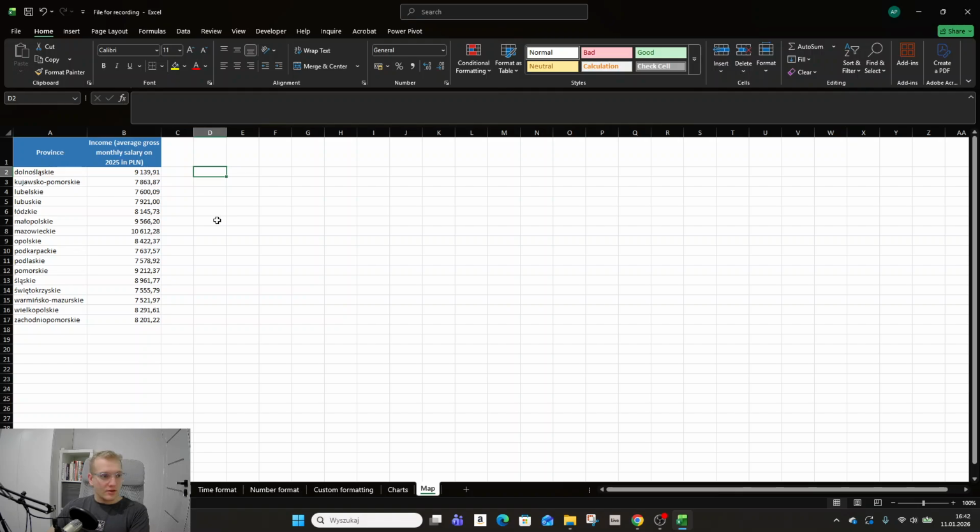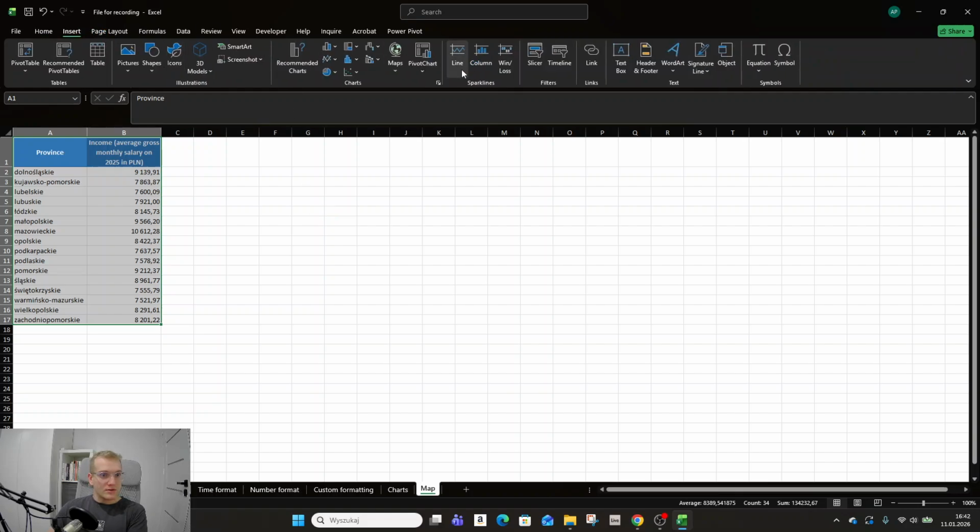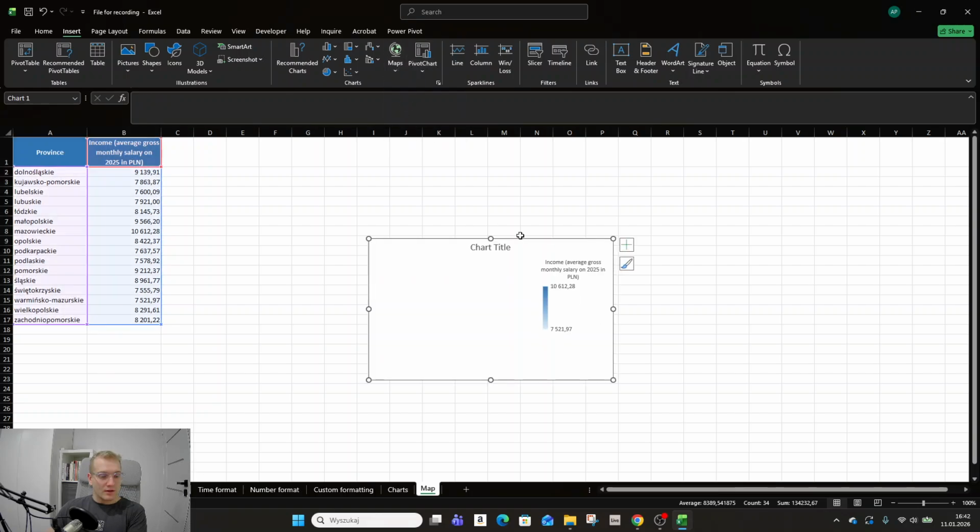The last part I wanted to mention is a map chart that has to get some geographical information. Here it is provinces in Poland, and the second argument, let's say, is some number data that has to be calculated. So here, as before, I'm highlighting the range. I'm going with insert, and here is maps, and I pick